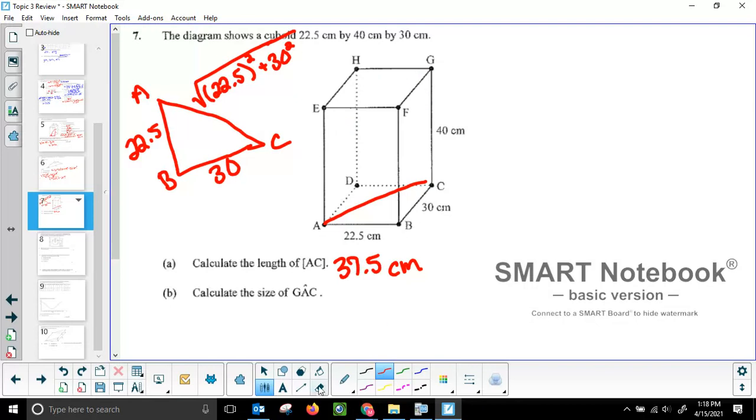All right, so now we have GAC, right? So that's going to be a right angle also, right? And we just found this length here, right, AC, and we have this length here, right? So I'll just draw a separate